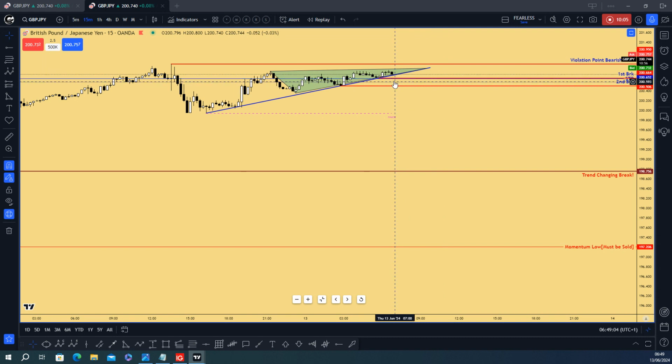Once we start to see a close below here, we can start to enter a short position, placing our stop loss. Depending on your spread, you don't need to give it too much. I'll put it slightly above here, maybe 200 or 201 handle, or 201.02 or something like that. Because we do not want price trading above here. If the price starts to trade above here, close the trade, move on from that, because that has broken down